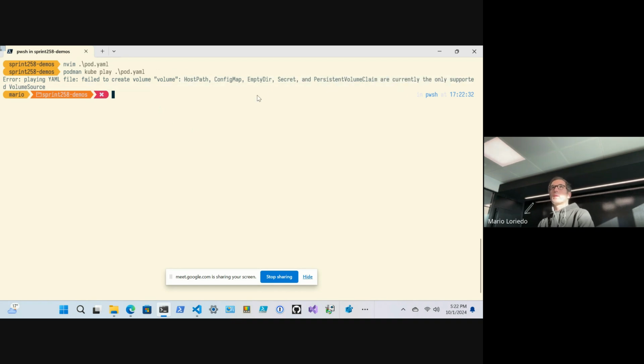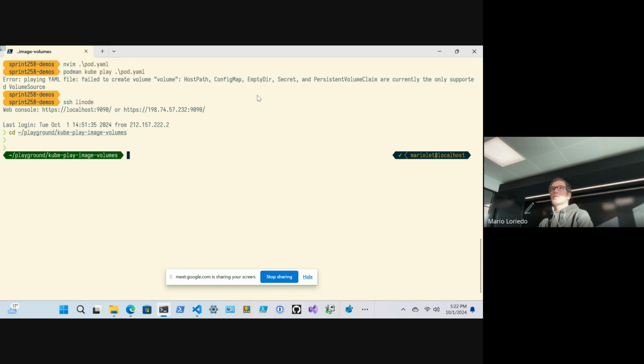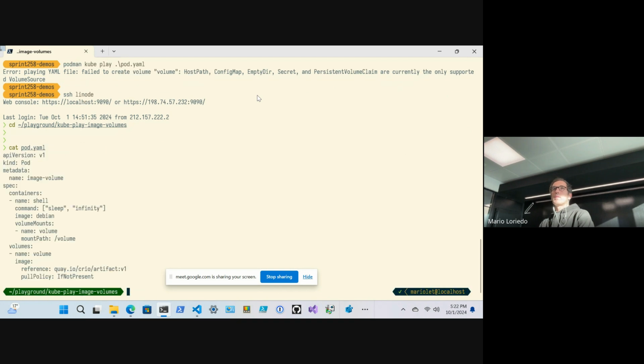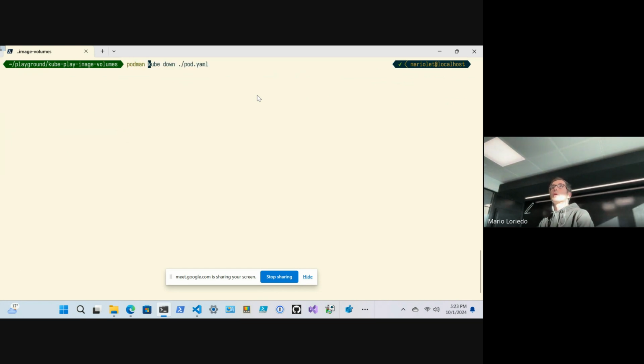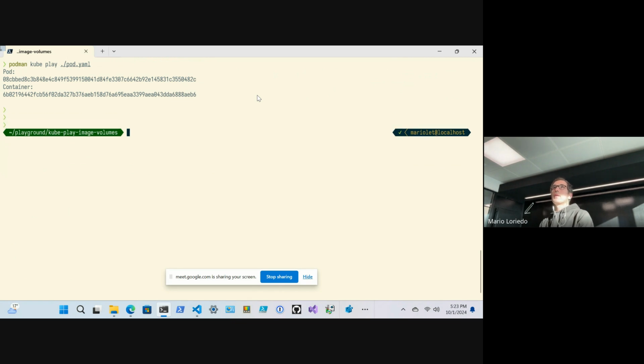So now I'm going to connect to another machine where I have the latest version of Podman that supports that, and I have the same file here. If I try to do a Podman kube play of this YAML, it actually works and is able to mount the